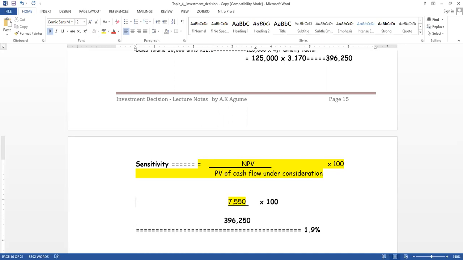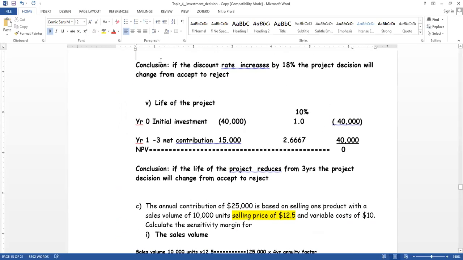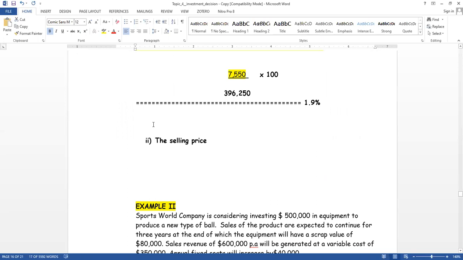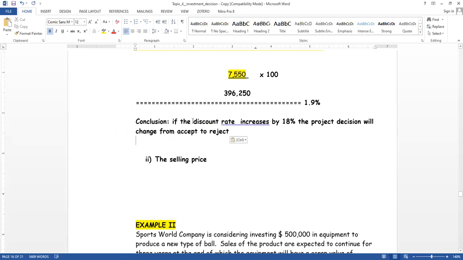So we can conclude by saying that if the sales volume,